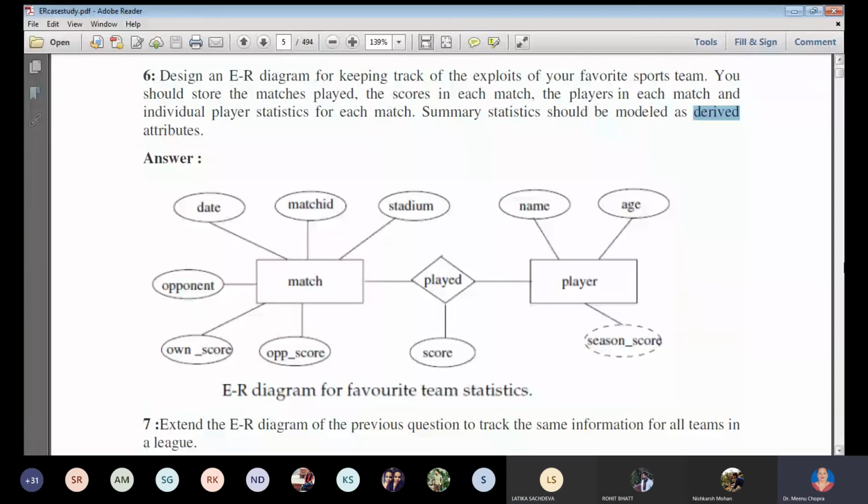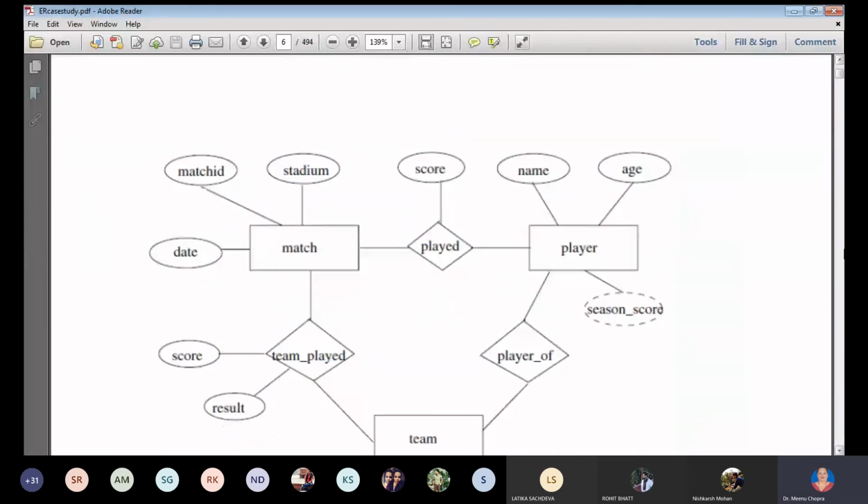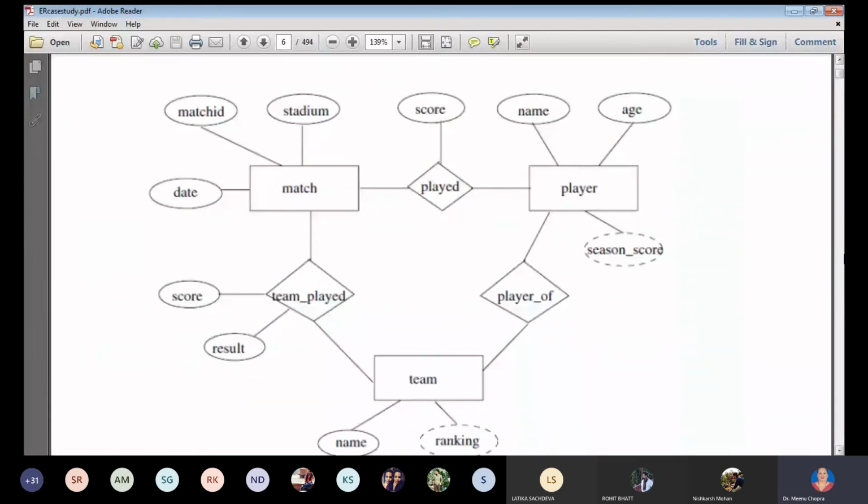I hope कि case studies और ER diagram सब मैं अपलोड करूंगी. You will be able to make them with whatever tools you want to use. मैंने 5 to 6 tools दिखाए. I think I have to show you the tools also. These are the few case studies. ये आप खुद देख लेना.